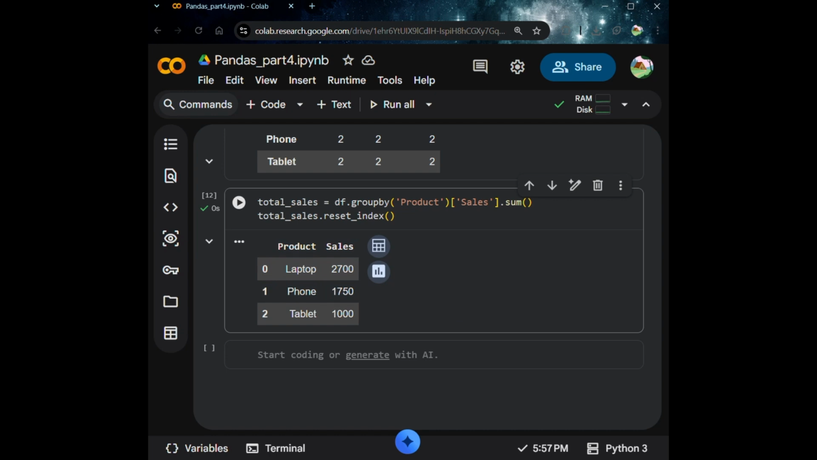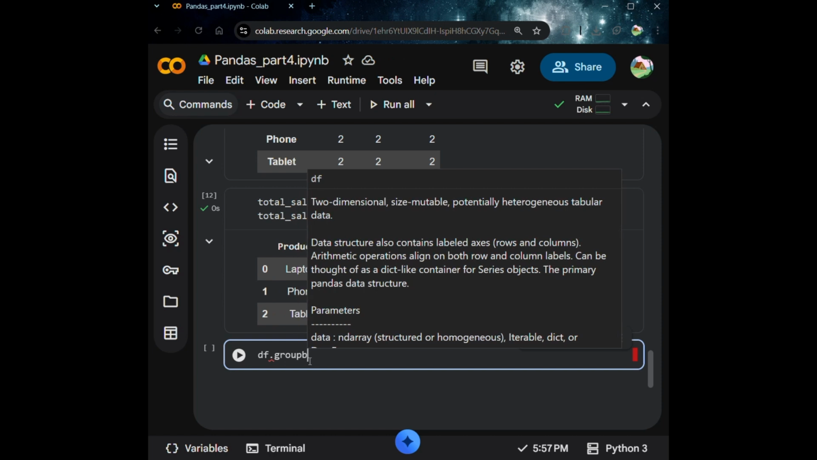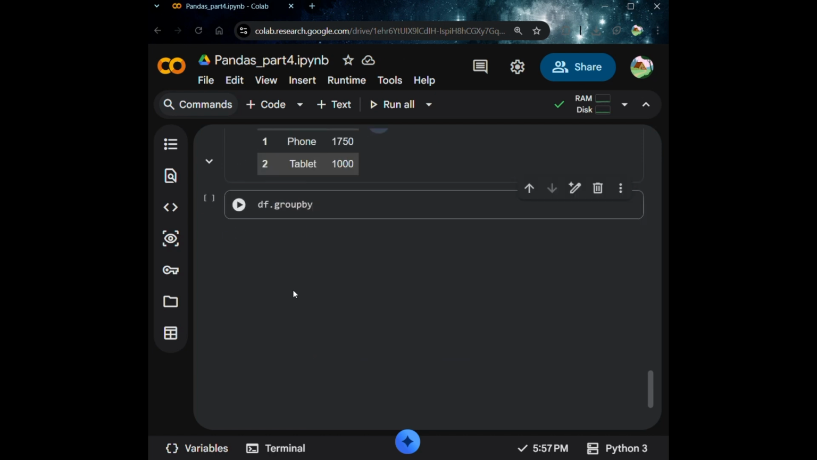And we need to sort group results. So for that, what will you do? We just df dot product itself, group by, then add products, sales, then dot sum,